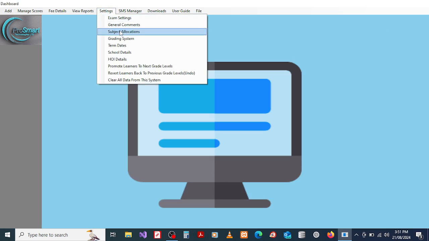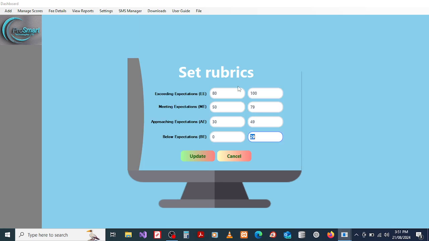Then we also have another one here, subject allocation we had talked about. Grading system here, it told you you need to do it according to your school. So for example, 0 to 29, that is going to be below expectation. 30 to 49, that's going to be approaching expectation. 50 to 79, that's going to be meeting expectation. 80 to 100, that's going to be exceeding expectation. So you can change them. You can put here even 39 if you like. Then here becomes now 40,